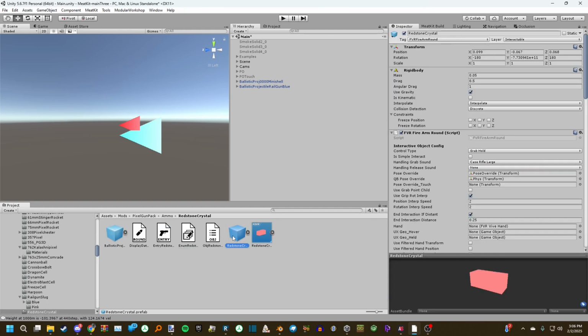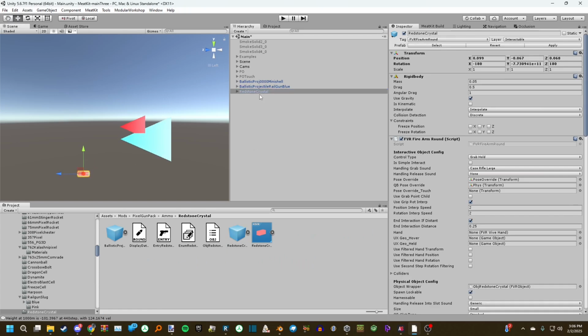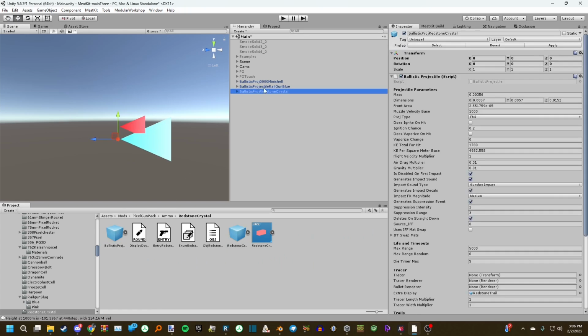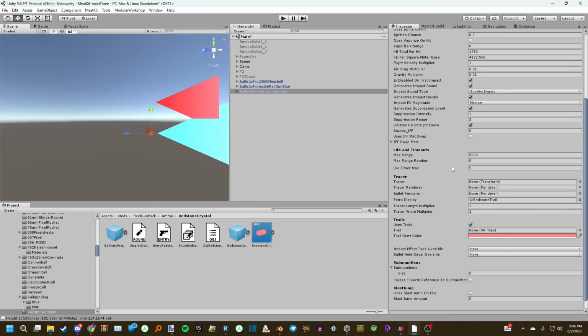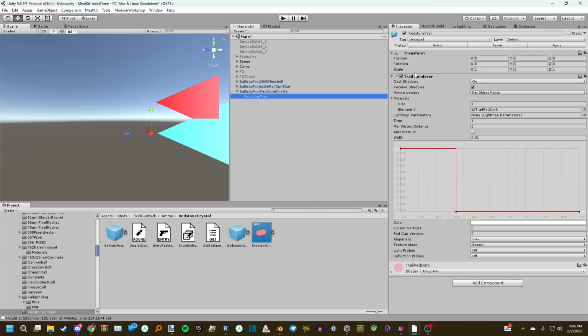projectile game object, and you can give your things fancy trails. So for this one, it's like a laser beam. What I've done is the bullet renderer is empty, but in the extra display here I have a trail effect, and this is a trail renderer with a material element that's got this sort of behavior built into it, so it creates a proper trail instead of just extending forever until it hits something. And if we move it, wow, we've got a laser beam and it follows the round and it's all fancy